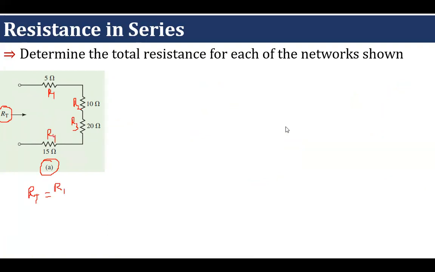So it will be equal to R1 plus R2 plus R3 plus R4, and we can easily see the values. This is 5 ohm, this is 10 ohm, this is 20 ohm, and R4 is 15 ohm. So this is going to be equal to